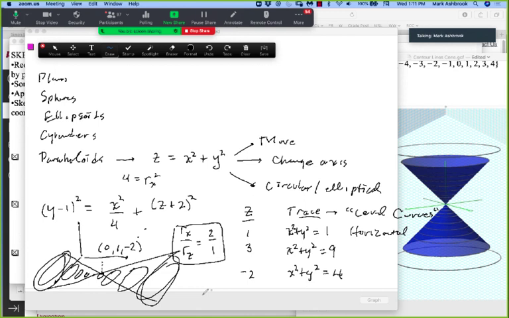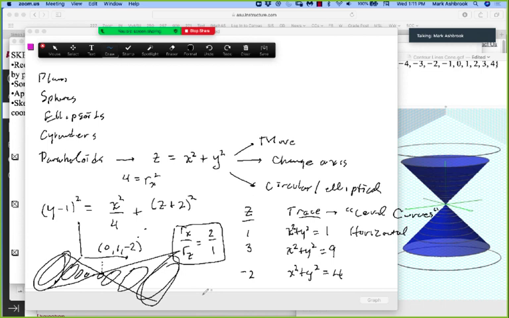Okay, other questions? So we just added to our repertoire here, double cones. So we need to be able to recognize these by their equations and their shapes for the test. Yeah, so given the graph, recognize the equation, given the graph, come up with the equation. Given the equation, come up with the graph. Yes, exactly. And then this will be both on exam 1